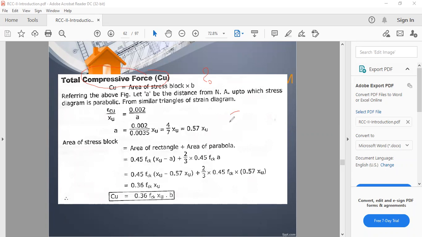So you know that stress equals load divided by area, so P divided by A. If you know this, then force will be equal to stress multiplied by area. So that is how stress multiplied by area has been considered, or you can say the area of the stress block multiplied by width. This is how the formula has been applied to calculate the compressive force. So again, if you refer to that particular diagram,